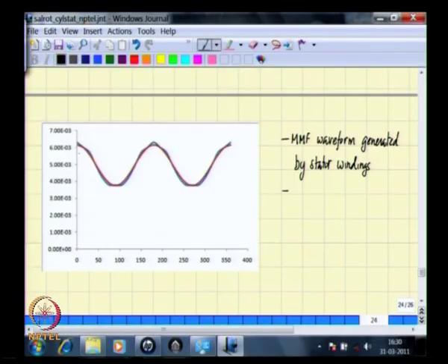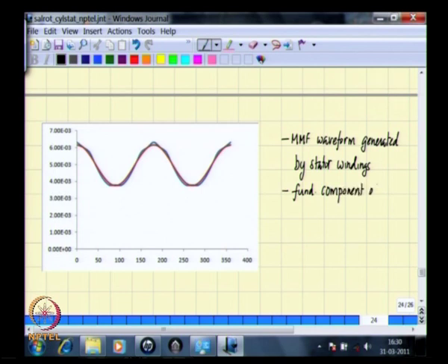We derived an expression that consisted of a fundamental component and then a third harmonic and then a fifth harmonic and so on, and we said that it is good enough to approximate this by the fundamental alone. And here we have a sinusoidal variation. It should be enough to get a sinusoidal variation by looking at the fundamental component of the MMF waveform that is generated. So we take the fundamental component